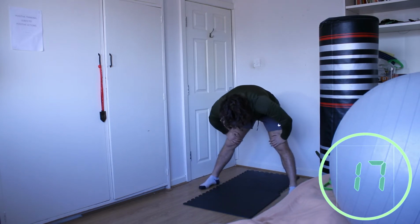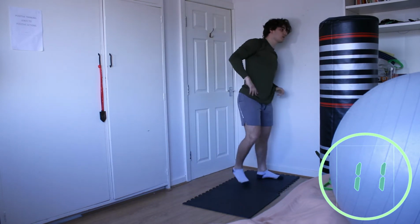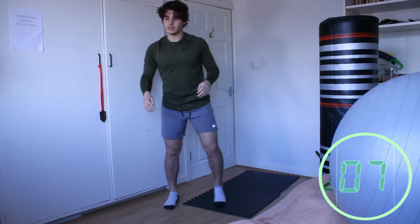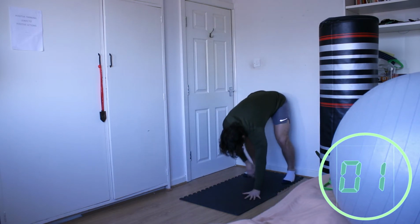Soon we're into the walkout press ups. We can get some water soon. This is a good upper body, shoulder, tricep, chest movement. Get the mat nice and straight. So walk out into press up,